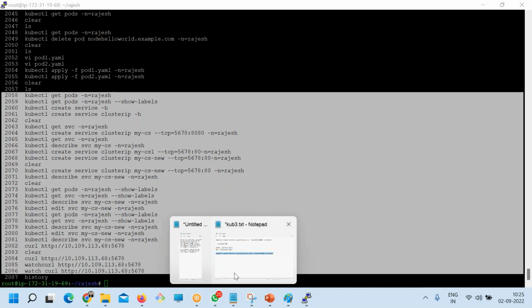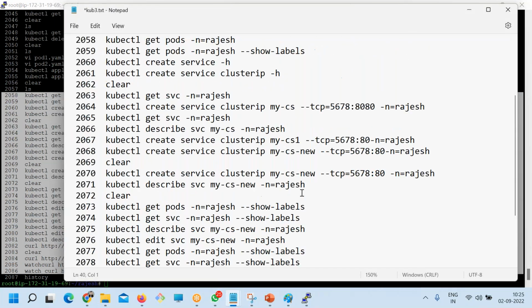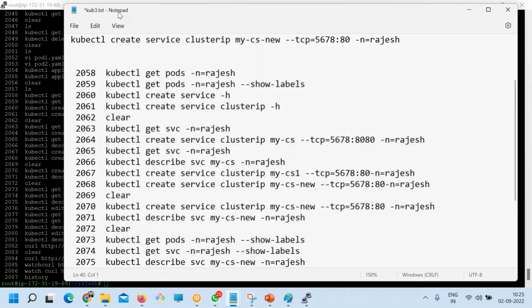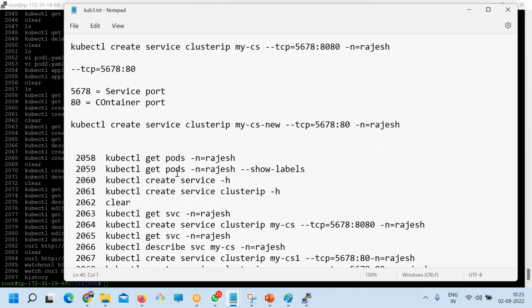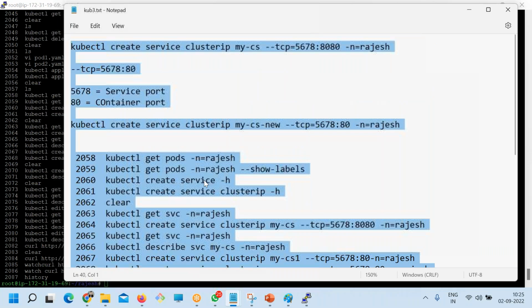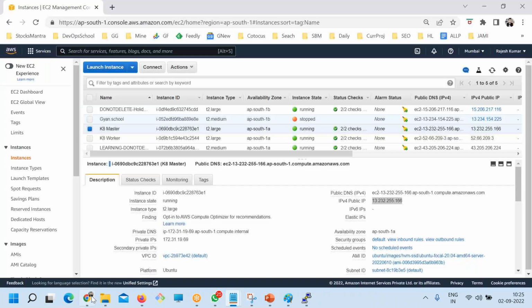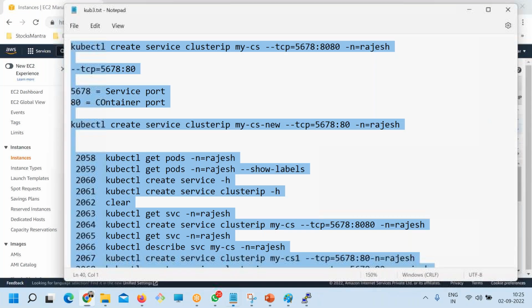Okay, so now I'm giving you the notes, guys. Same commands I run, and you have to try this one. After that I'll teach you the types of load balancer. This is the IP address here.